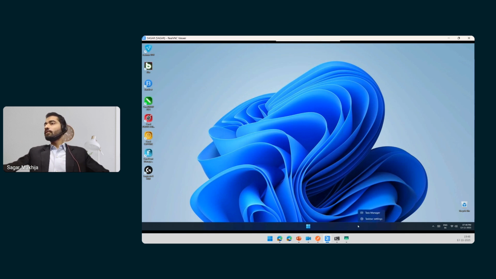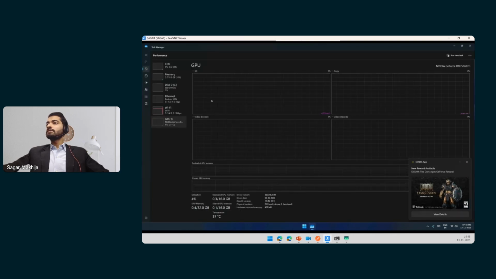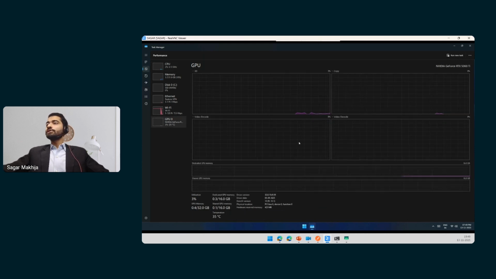Now, let me open the Task Manager along with it so that we can see some more information. CPU, lots of cores and threads. Right now, nothing is consuming much of it. For GPU, we have 16 GB of VRAM. Along with this, performance is still near zero. Just note that the VRAM inside the GPU is barely used. Now, go back to the